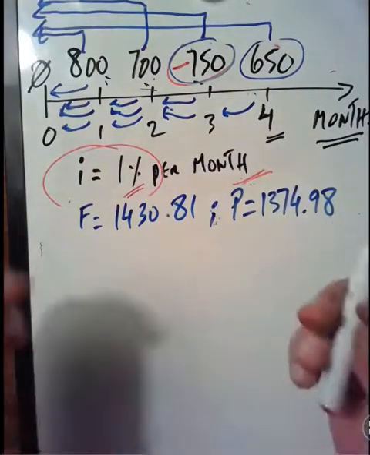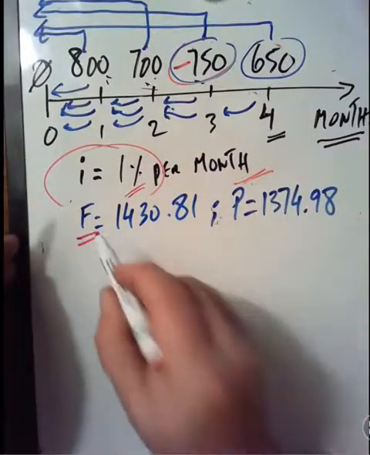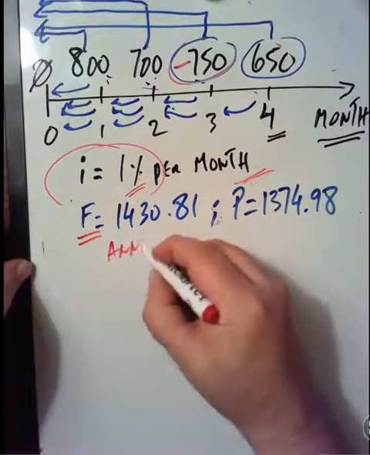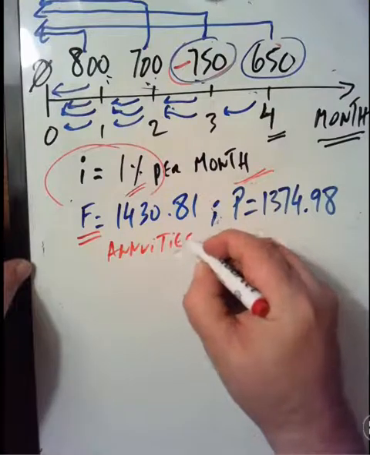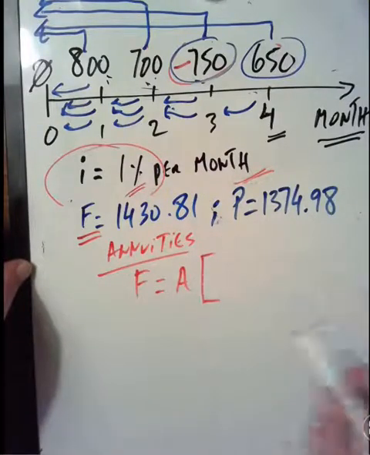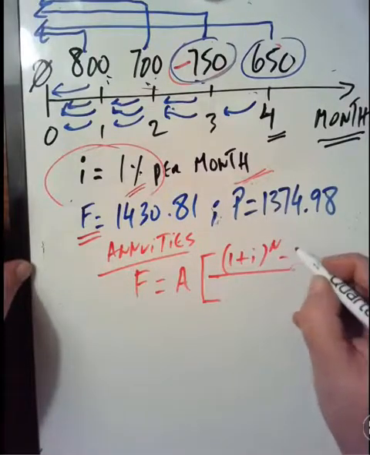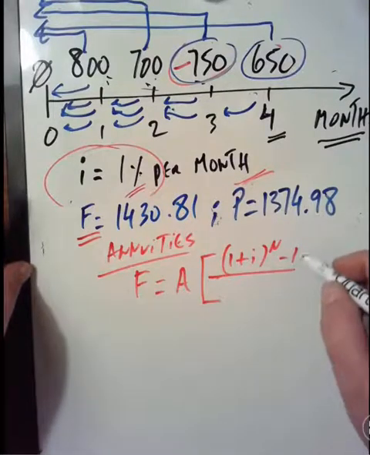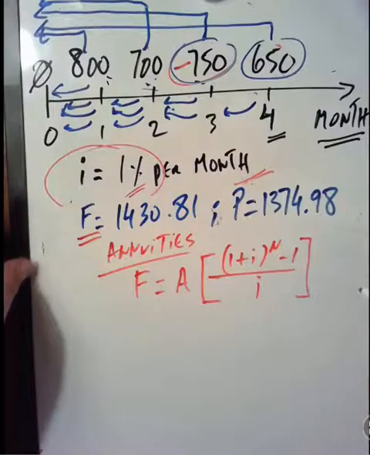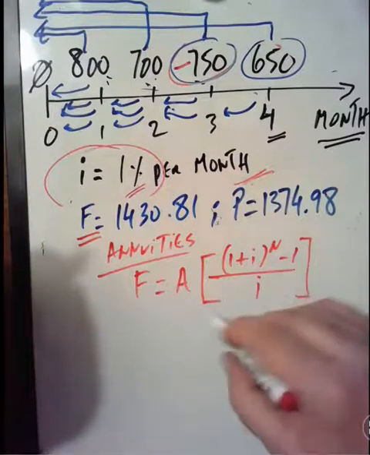Now I'm going to introduce you to two new formulas. Let's start with the future value of annuities. The future value of an annuity is given by this formula, which is on page 19 of your textbook. Over there, as I mentioned in the syllabus video, we have a formula sheet, and this is one of the